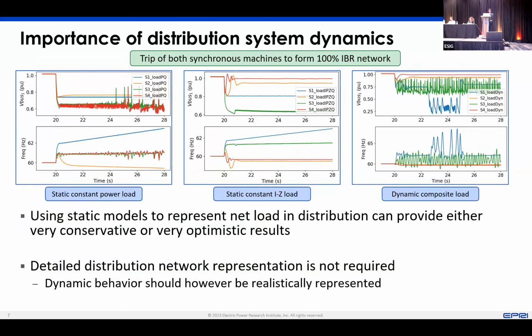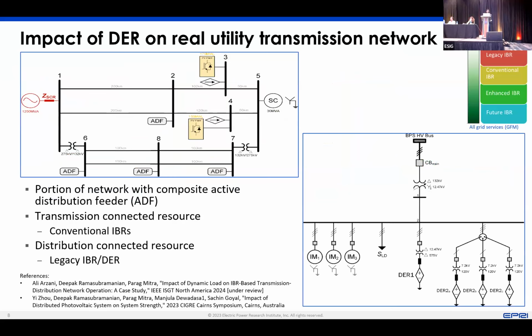But actually, if you start representing a lot of these dynamic characteristics, especially if you look at the induction motor load characteristics, you look at the distribution connected resources and their characteristics, then you start getting a very mixed characteristic in between, which means that now this has the potential to impact both the transmission connected resources and the distribution connected resources, with DER experiencing instability, not just because of the transmission connected system, but also the distributed resources in the system. We took this one step further from a microcosm system to a realistic network.